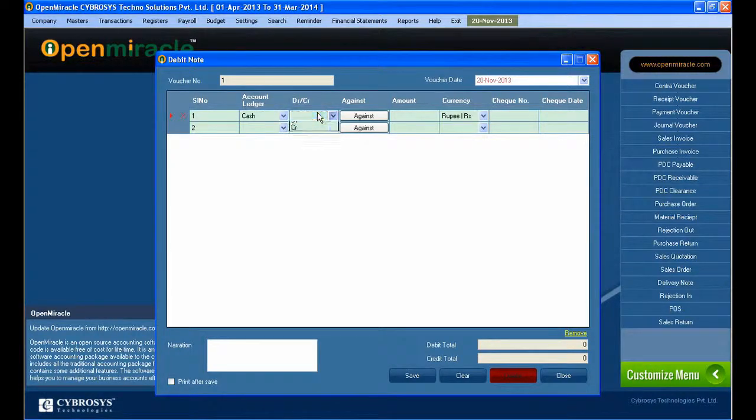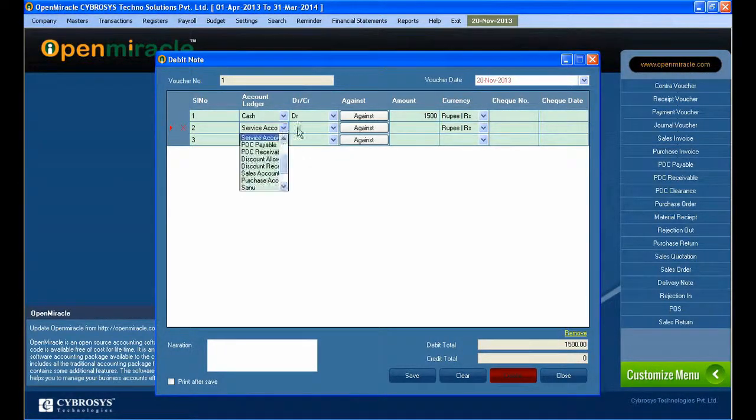That is, I just selected the cash or party or whatever it is, and I can give the debit or credit, and the Against button is there. The Against button is mainly enabled only when the bill by bill option is enabled for the corresponding party. And here I selected the cash, and then select whether it's debit or credit. The Against button is enabled when we need it according to the party, and the amount is given accordingly,